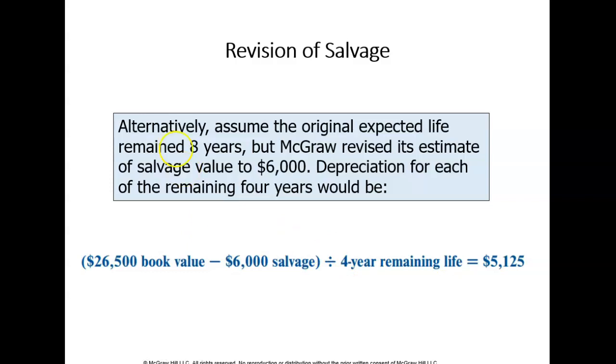So in this example, we're keeping the 8 years, but the salvage value will be revised from 3,000 up to 6,000. So again, remember that the book value at the beginning of year 5 is 26,500. So you always take your book value at the beginning of the year of that revision. That was 26,500. Subtract out your new salvage value, which is 6,000. So 20,500 is our remaining depreciable cost. Divide that by the remaining useful life of 4 years. So now you're going to expense each year